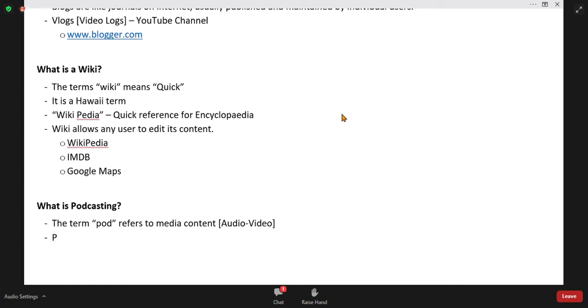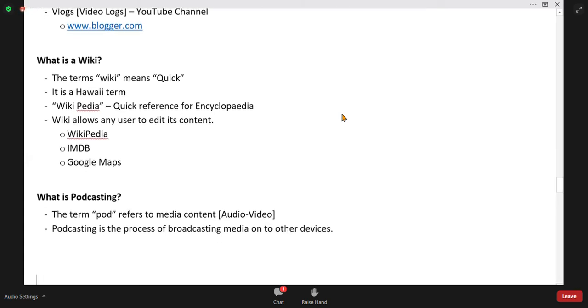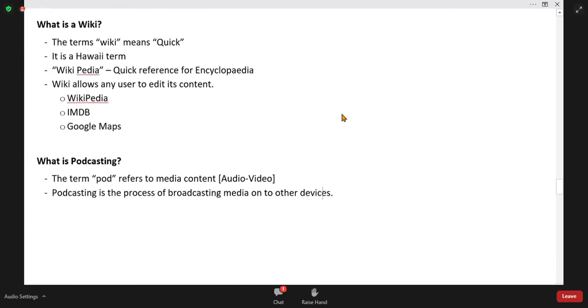So that means podcasting is the process of broadcasting media onto other devices. I will tell you one point. What is the example for this podcasting? Actually, there are so many.